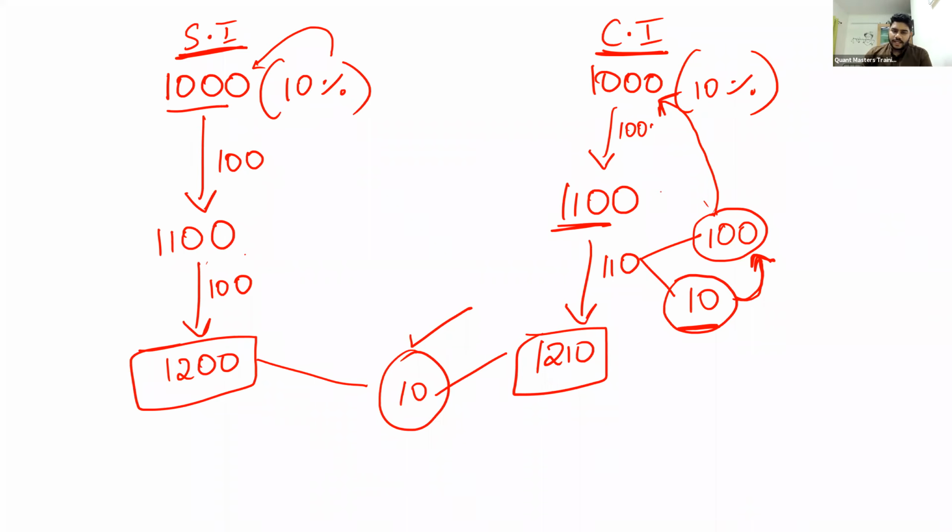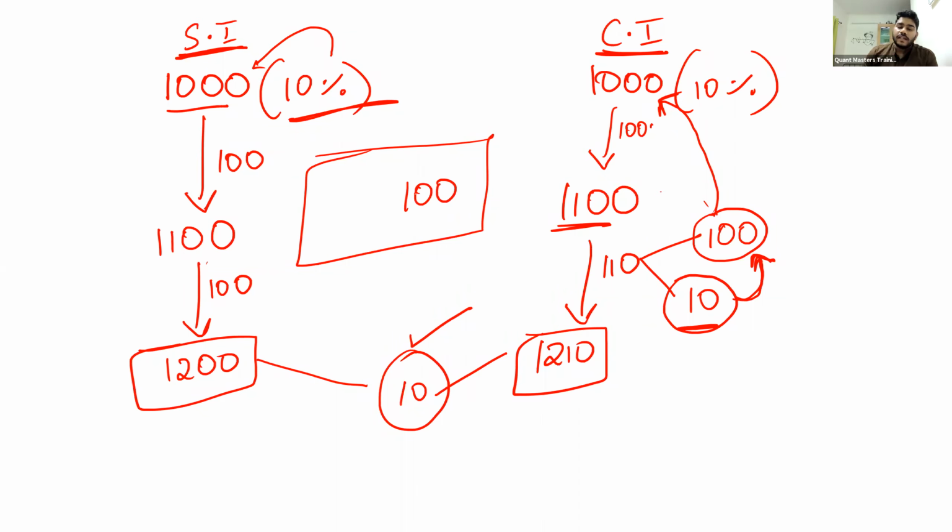So if I want to find the difference, it is nothing but interest of interest of principal. Whatever I get as interest of principal, find the interest of that. That's all. Is it clear? Now look at this sum. How do we solve without even touching the pen? Here principal is 1000. Interest is 10%. What is 10% of 1000? It is nothing but 100. Now if you want the difference in amount, it is 10% of 100. What is 10% of 100? 10.